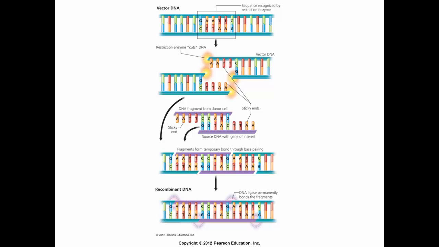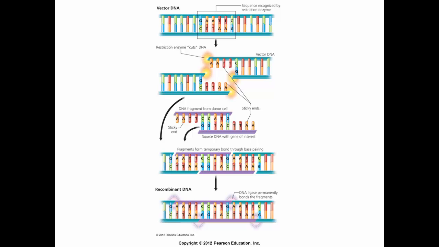So in the top image, you see the vector DNA and the box around the sequence recognized by a specific restriction enzyme. This restriction enzyme is going to cut the DNA at this specific sequence. These sticky ends, just like DNA replication when it's separated inside the nucleus of the cell where nucleotides are going to bind, these sticky ends will allow the binding of complementary